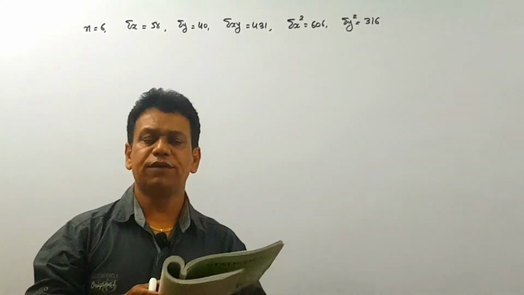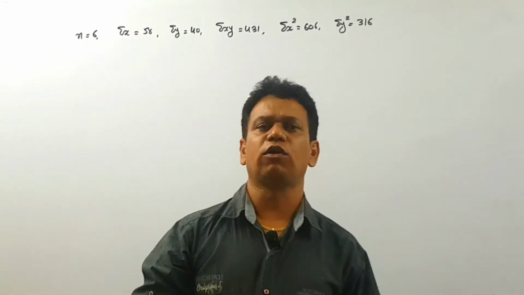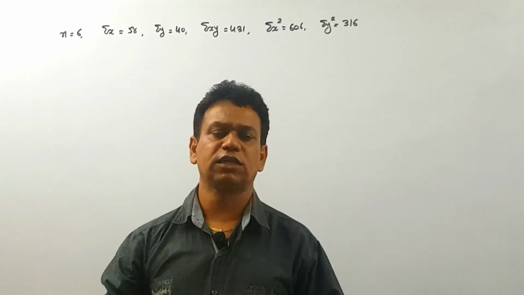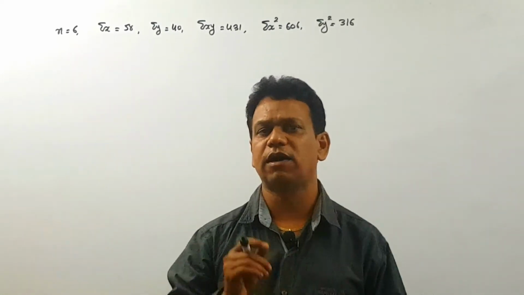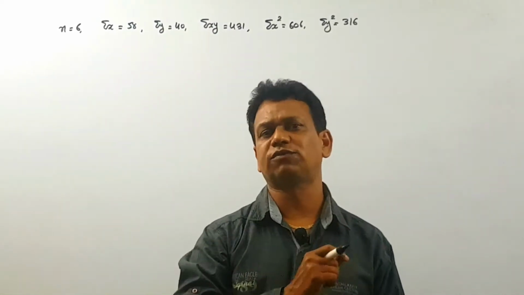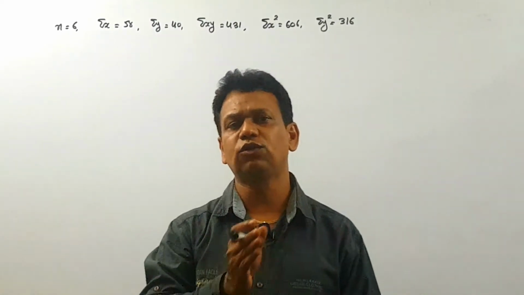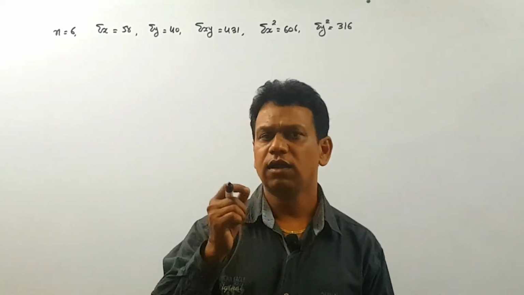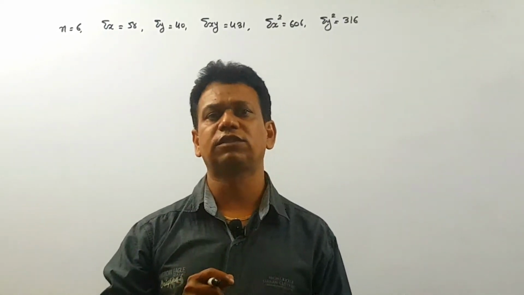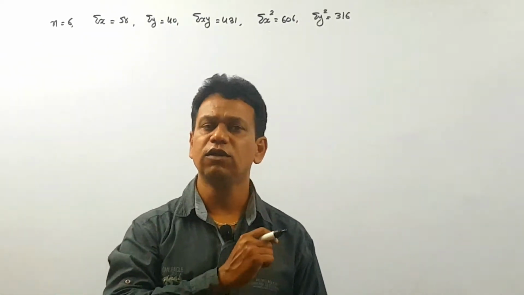My dear friends, we discussed the different situations of Karl Pearson's method. We have 3 different formulas, used for short questions. The first formula is R is equal to sum of (X minus X bar)(Y minus Y bar) divided by root of sum of (X minus X bar) square times root of sum of (Y minus Y bar) square. Then we convert X into variable U and Y into V, and use R is equal to n sum of uv minus sum of u into sum of v divided by root of n sum of u square minus sum of u whole square, into root of n sum of v square minus sum of v whole square.